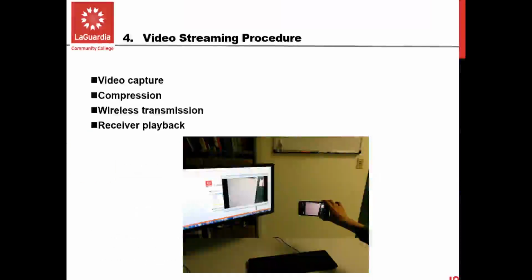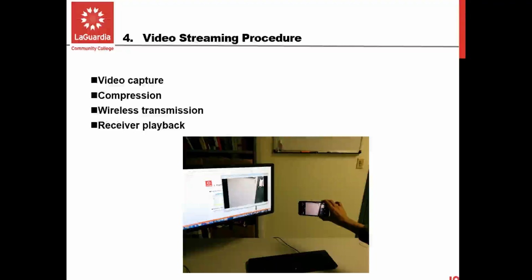Our video streaming procedure involves monitoring the various data I just mentioned and capturing the video from the phone's camera using SwiftDroid, our app, and then compressing that video and wirelessly transmitting it to the receiver, which is the desktop computer, and playing it back on VLC Media Player.